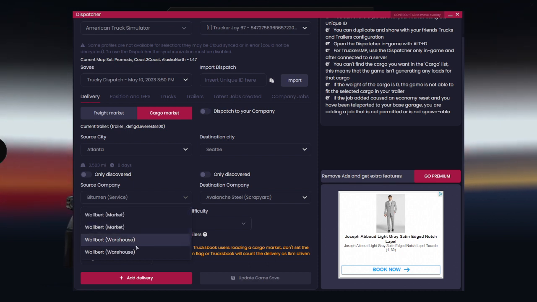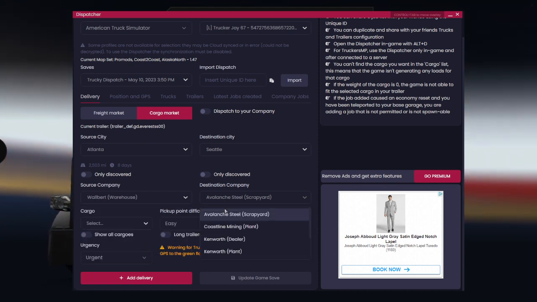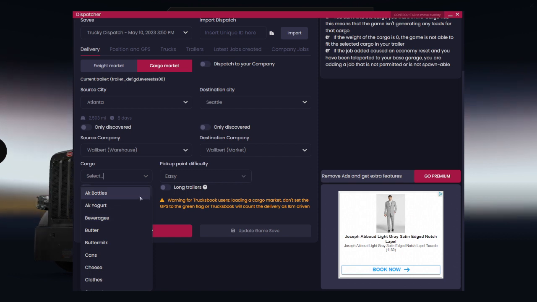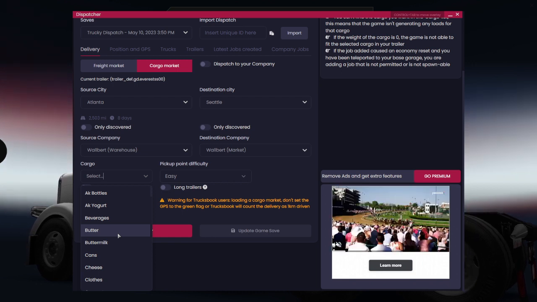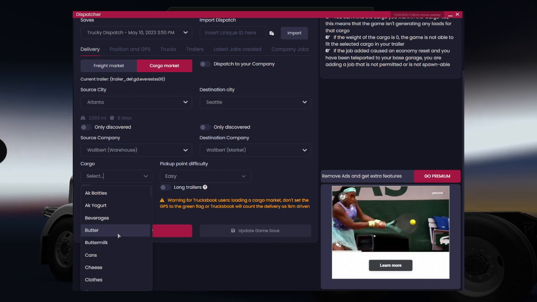So we're gonna pick up at the warehouse since this is the dry van, or it's soon to be reefer. And then we'll deliver to the market. Then you can select your cargo. And if you give me 1 second here, over the days of this week,